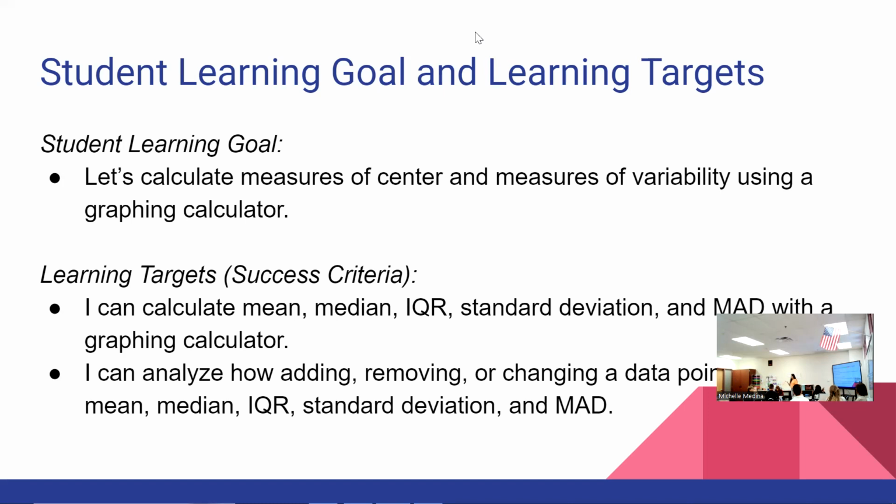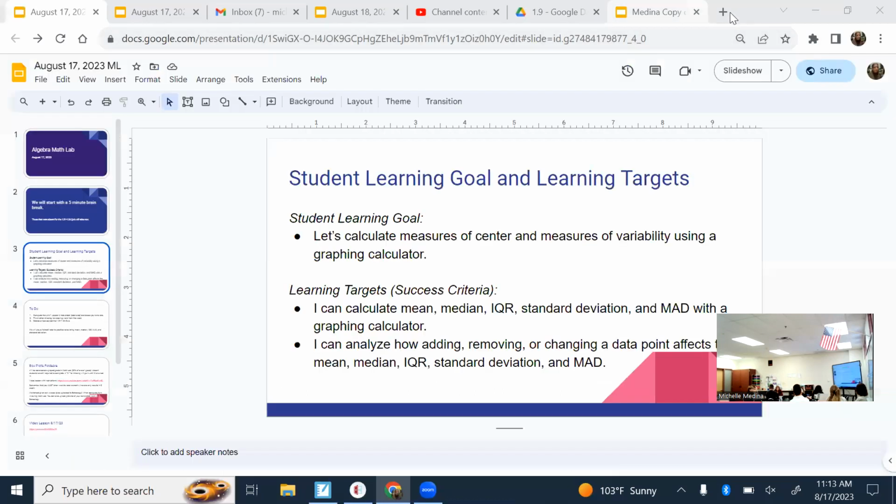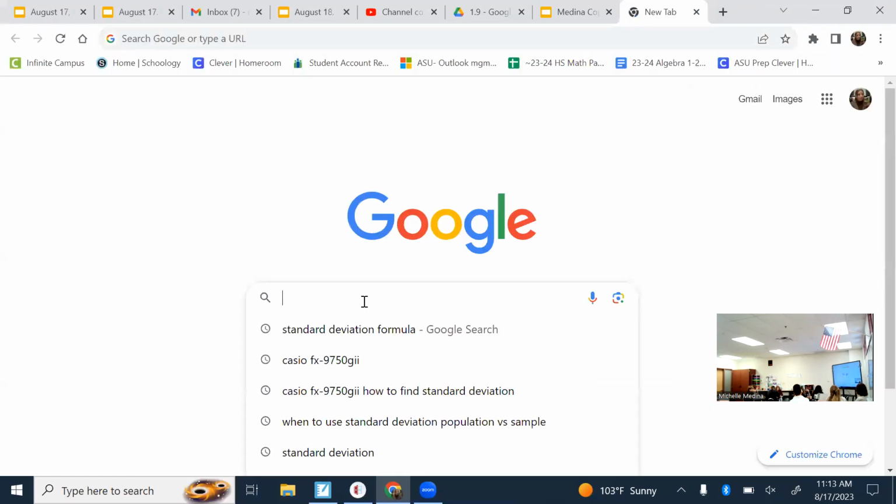So like this one, graphing calculator, it's a Casio. The model number is in the top right corner. So yours will also have the model number there too. When I go and try to figure out how to do all the things that you saw in Desmos, this is what I would do. I would open up Google. It's a Casio